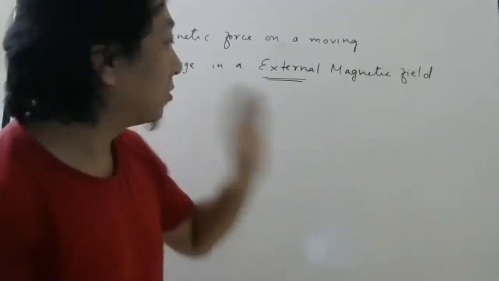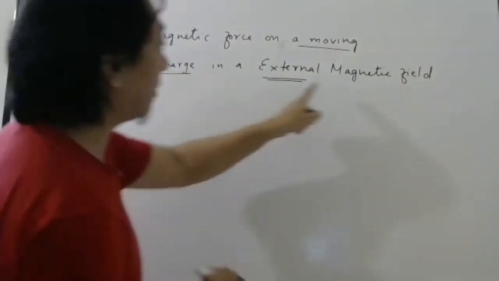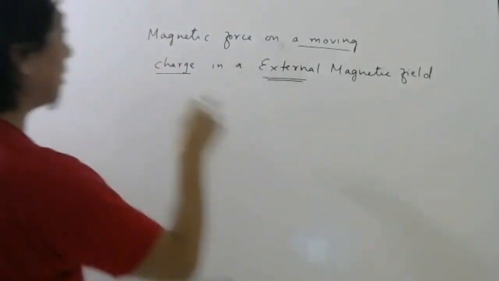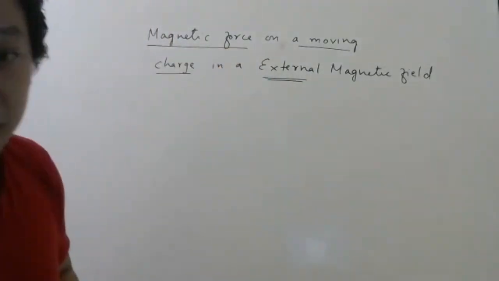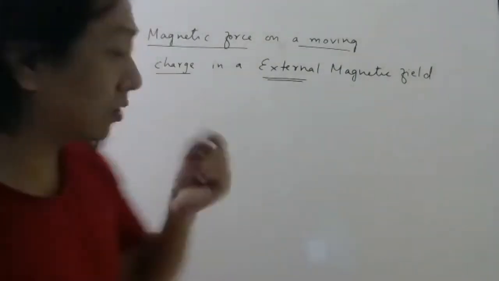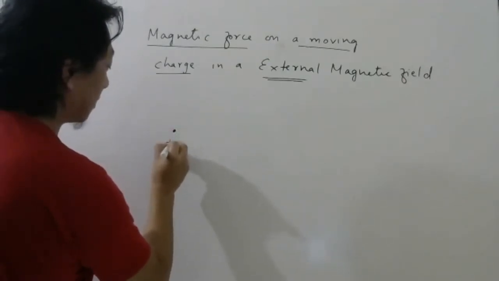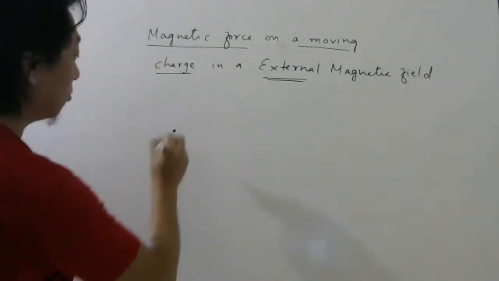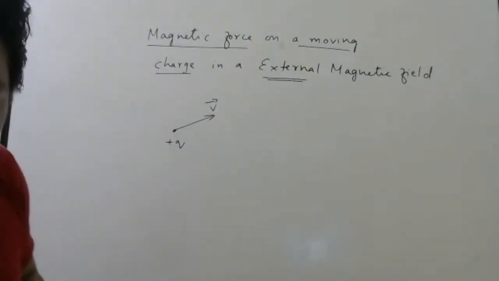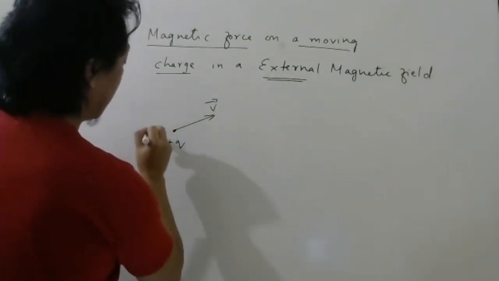Okay, later. So first we have to ask, there is a moving charge. It is kept in a magnetic field due to some other moving charge. The question is to find the formula for magnetic force. This was done by somebody called Lorentz. Okay, so look at the formula. Imagine there is a charge plus q, let us say right now, which is moving with velocity v bar in this direction. And I apply a magnetic field, let us say in this direction.